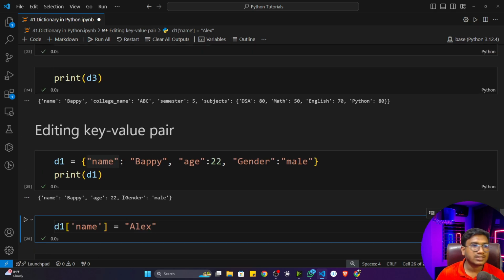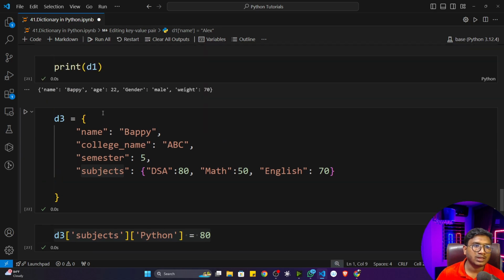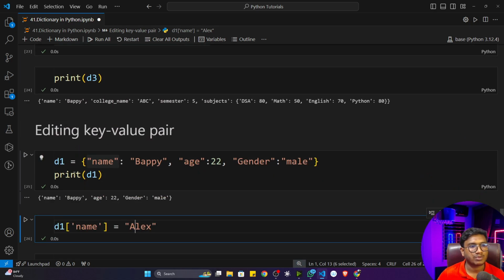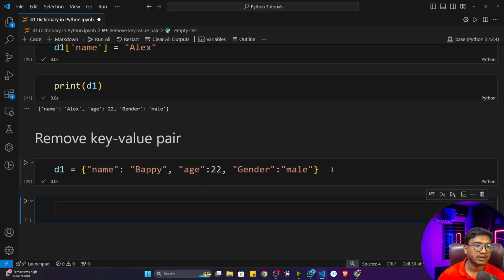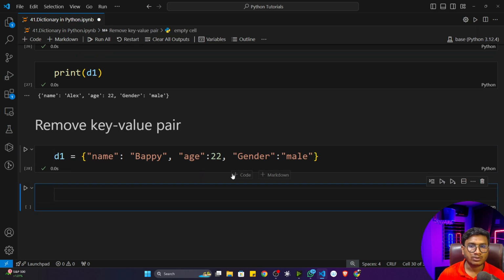Likewise, you can also edit inside a two-dimensional dictionary as well. It is also possible. Now we'll try to see how we can remove a key value pair inside a dictionary. For this, we can use some of the inbuilt functions of the dictionary. So let's say this is the dictionary D1 I have kept. Now I want to remove some of the keys and values